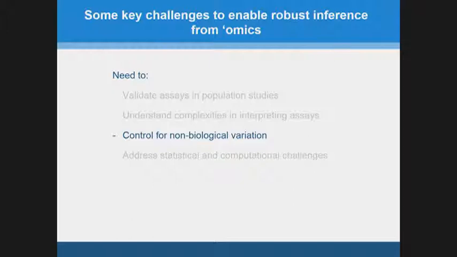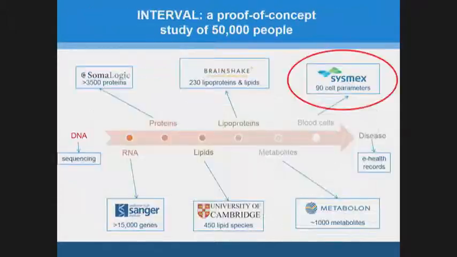So moving on from proteins to another type of molecular assay system that illustrates the need to control for non-biological variation. And Nancy Pedersen alluded to this a bit in her talk. So moving from proteins to blood cells. We're all familiar with Coulter counters. A souped-up version of this is made by a Japanese manufacturer called Sysmex, which also has flow cytometry channels, and one can get some 90 or so readouts, perhaps even more, using this system on counts and other characteristics